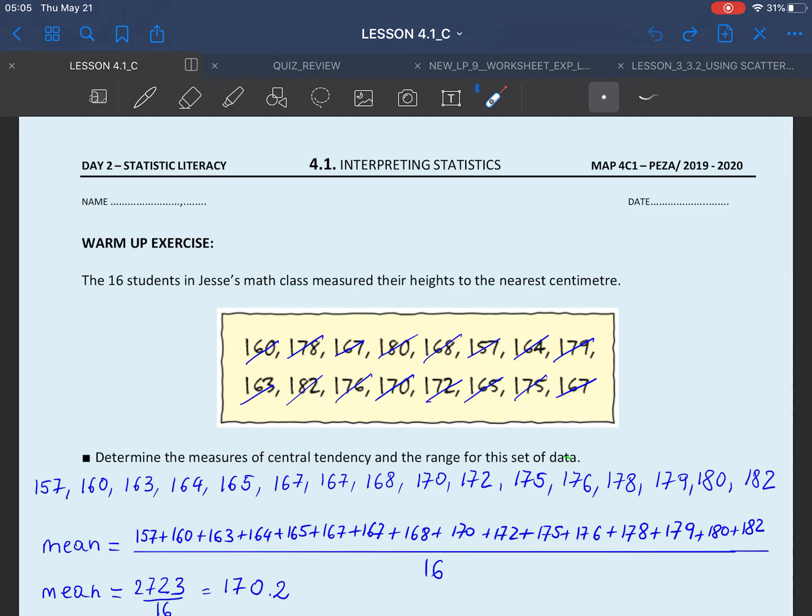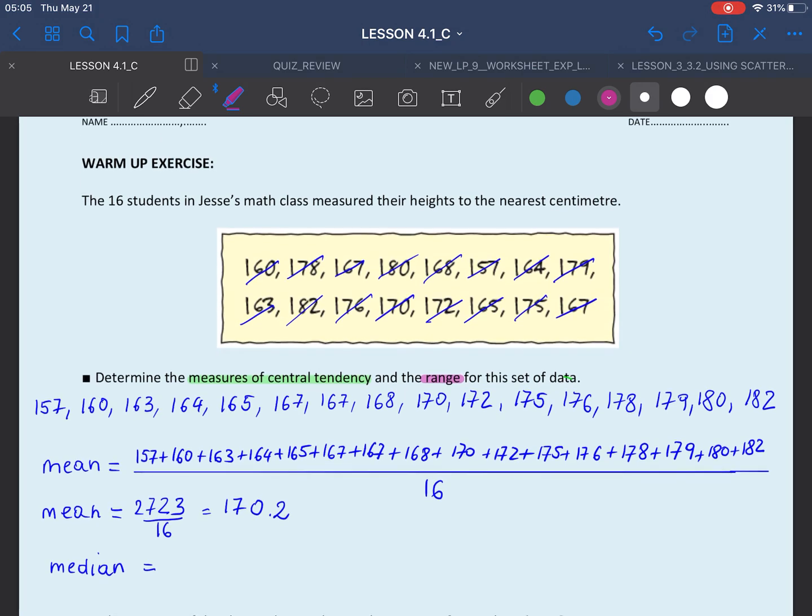In this problem, we have 16 students in Jess's math class who measured their heights to the nearest centimeter. And this is a data set that represents the heights of the students. As you see here, we have 16 numbers, so each number represents the height of a student. Now, what we have to find here is the measures of central tendency and the range for this data set. Remember that the measures of central tendency are mean, median, and mode, and range is actually a measure